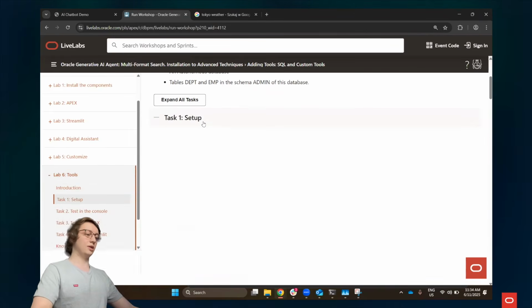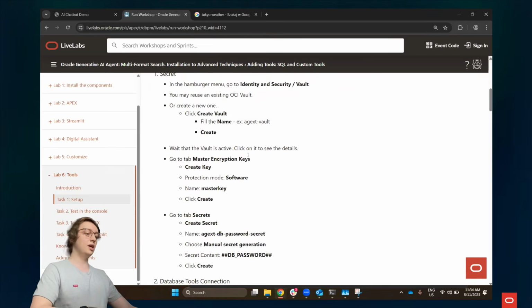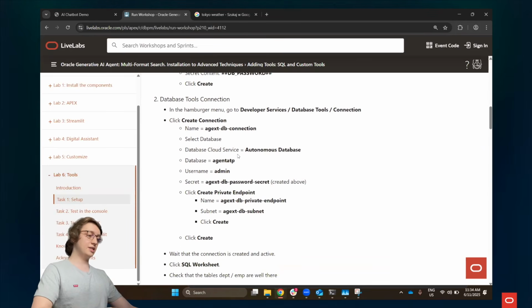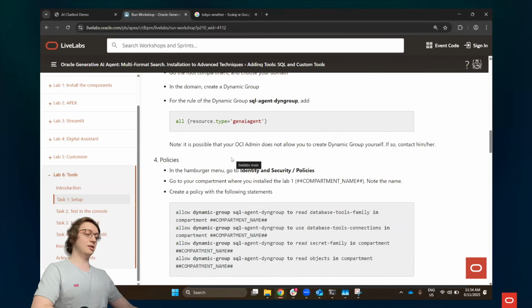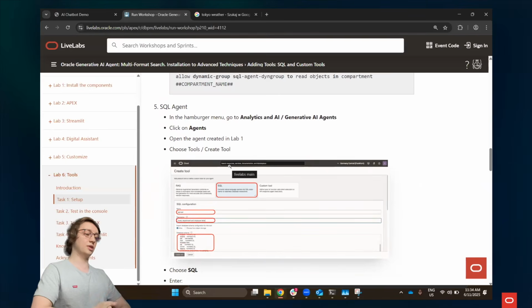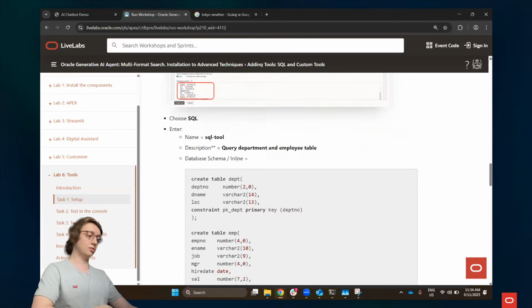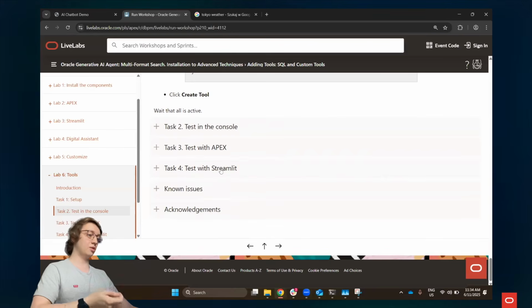Here we have a whole setup, step by step, of how to create everything that you need: secrets, policies, how to create databases. You have custom code that is ready to copy and paste, so you can quickly create it on your own. You can test it on Apex or Streamlit.